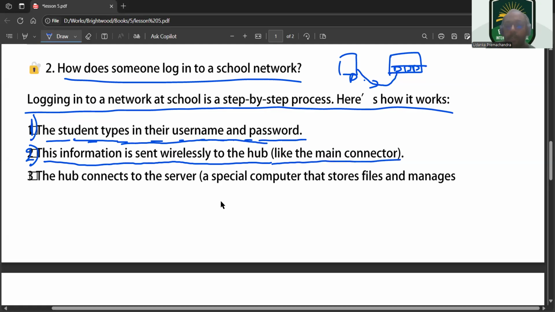Like this one is the main connector. If this information is sent wirelessly to the hub, it is like the main connector. And the third one,